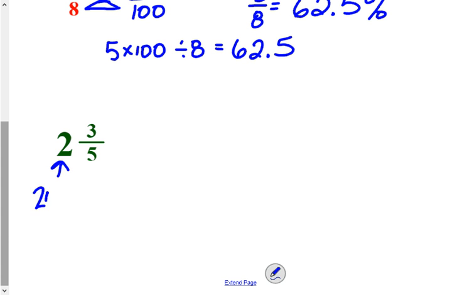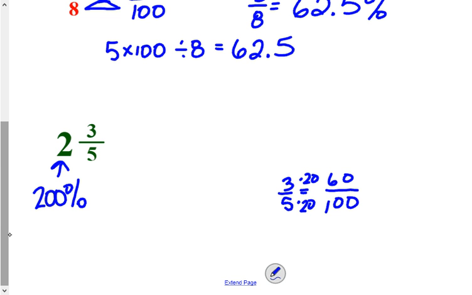So this is 200%, but then I also need to add in whatever the 3/5 is. So 3/5 would equal 60/100. So that's going to be 60%. So this part is 60%. So the total is